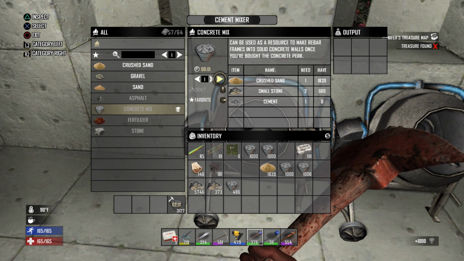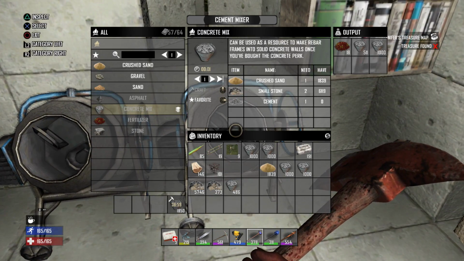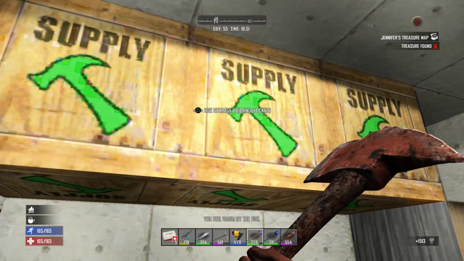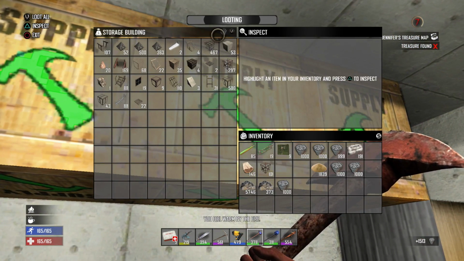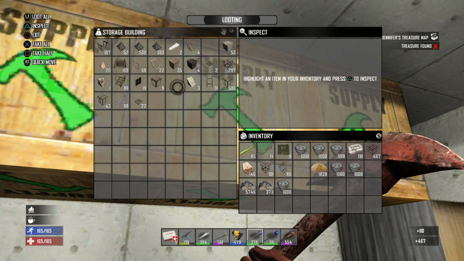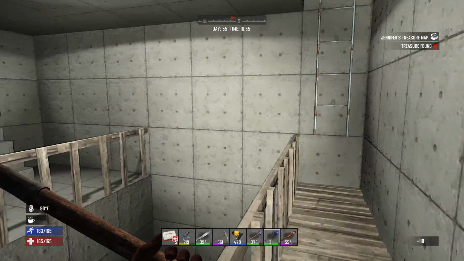We have a good amount. Like, we should not have any troubles getting all the concrete that we need at all. Look at this. Just loads of it. So I'm going to grab that up and I'm going to grab the rebar that we've made ahead of time. There we go. Perfect. And we're going to go out and do some digging here and start getting the frame around the outside of the...